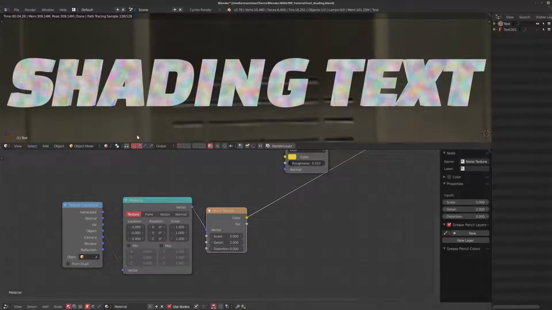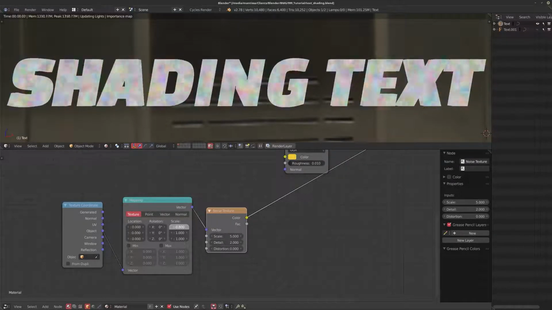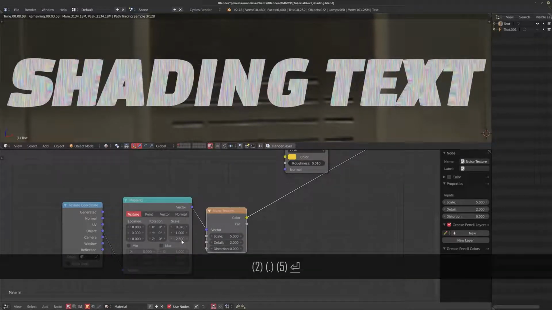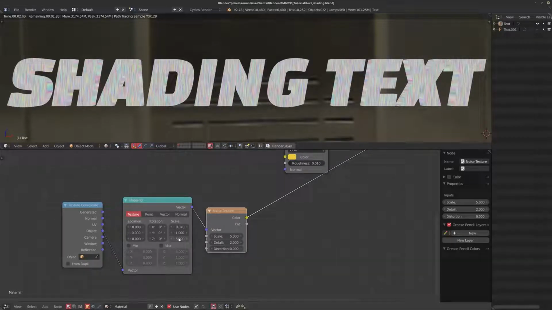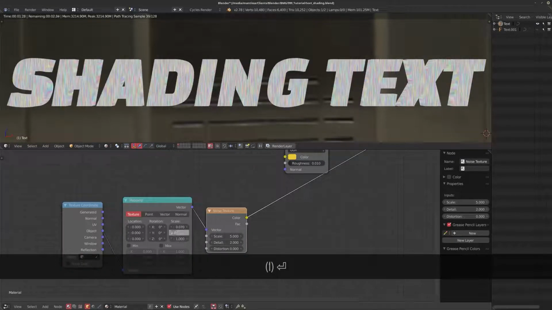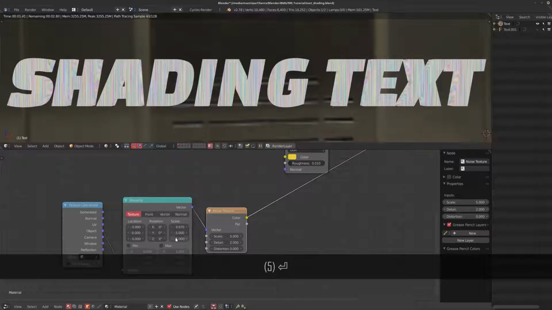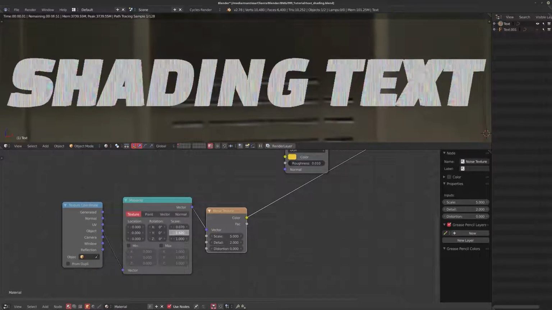Now, first thing I'm going to do is I want those really fine lines. So I'm going to see what we have to do to mess with the scale. One thing I could do is mess with the X scale, bring it down just a touch. There we go. Maybe bring up the Z scale a little bit, maybe even more, because we want these really long streaky lines. Apparently that's not doing much, so I'm messing with the wrong scale. I think it's the Y scale. There we go. Bit much still.